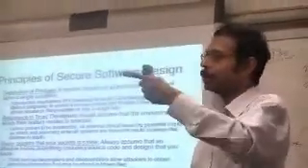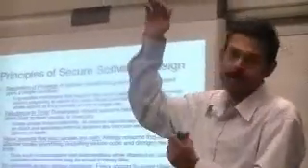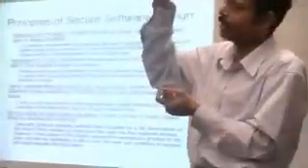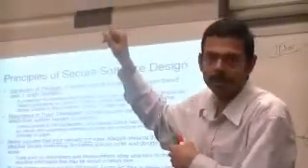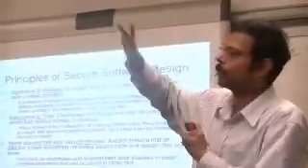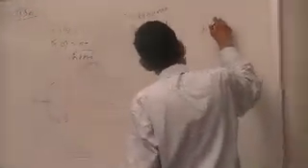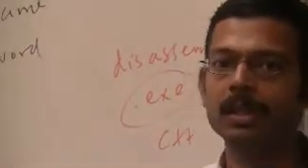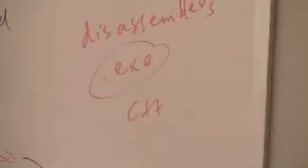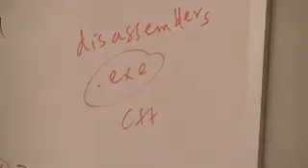Some people hard code their passwords. For example, if you're designing a database application, you hard code in your application the password that needs to be used to access the database. And you think the original source code will not be available to the attacker, only the executable. But I think I told you before, you can do what's called reverse engineering, right? There are programs called disassemblers. So if I give you an exe file, I can get the original C++ or C code or Java code. If I use a class file, you can get the Java code. And there all your secrets will be there.